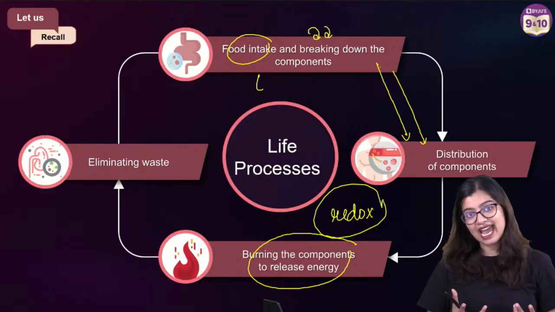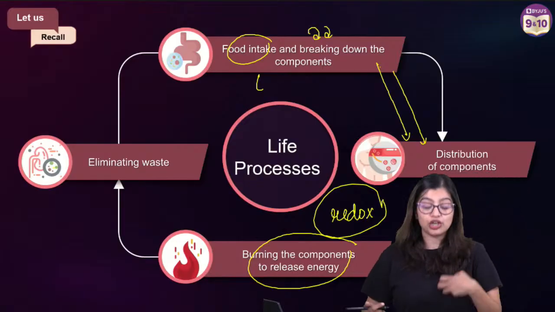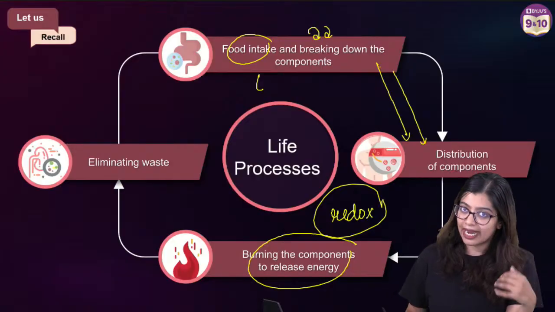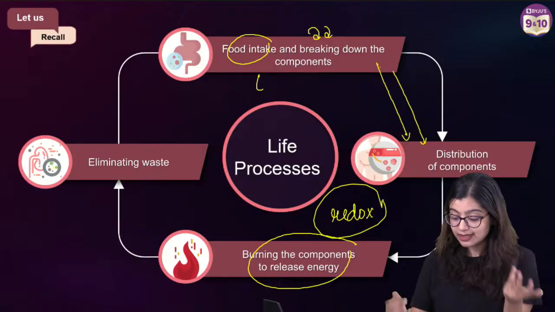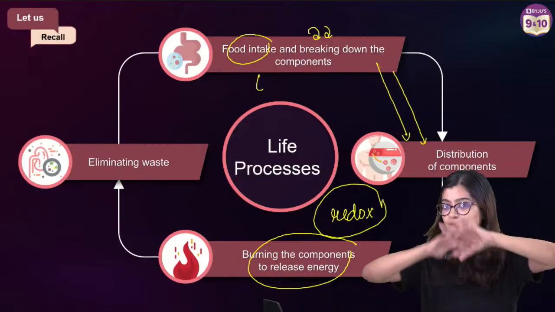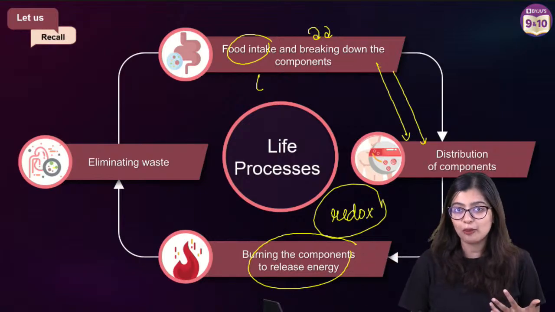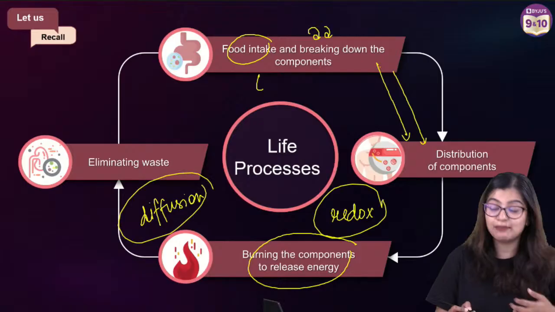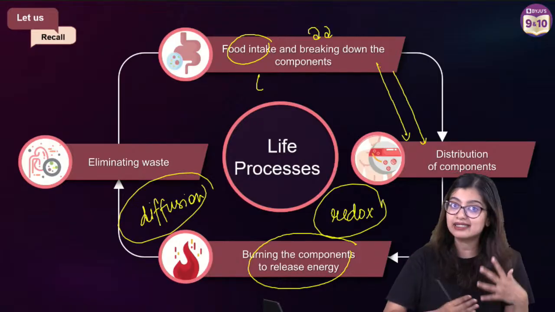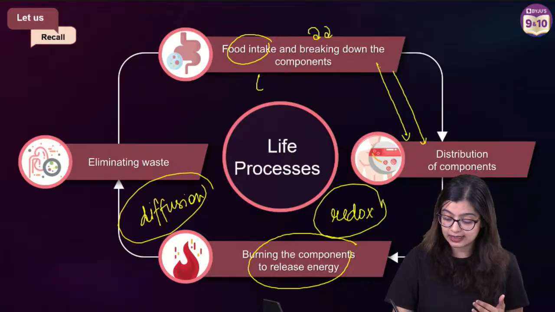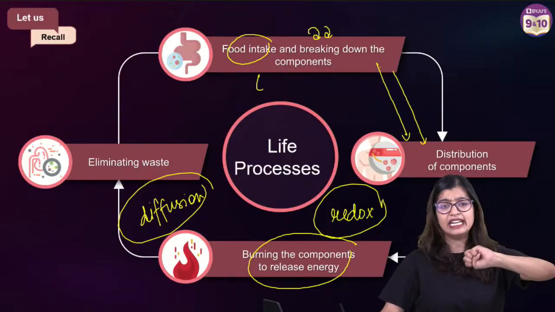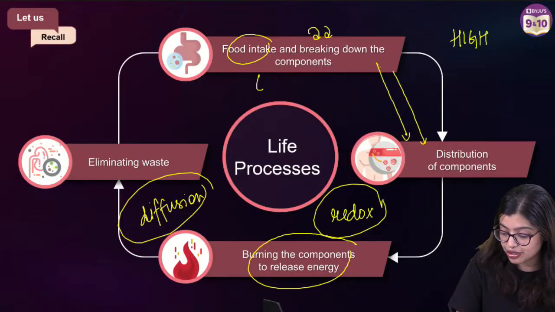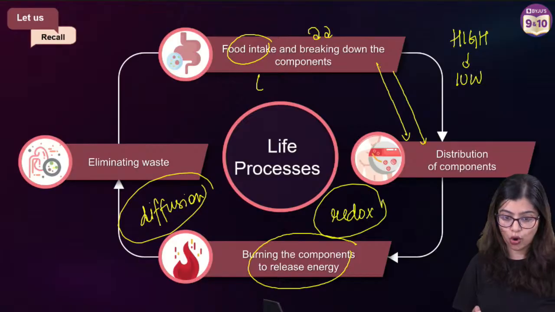Oxidizing reactions are those reactions which require oxygen. If you look at respiration or breakdown of glucose, it requires oxygen, right? And this oxygen is sourced from outside. It's found on the outside, and we make it available to our body by a process of diffusion. The concept of diffusion is something we have learned in 9th standard, where movement of substances takes place from a region of high concentration to a region of low concentration.